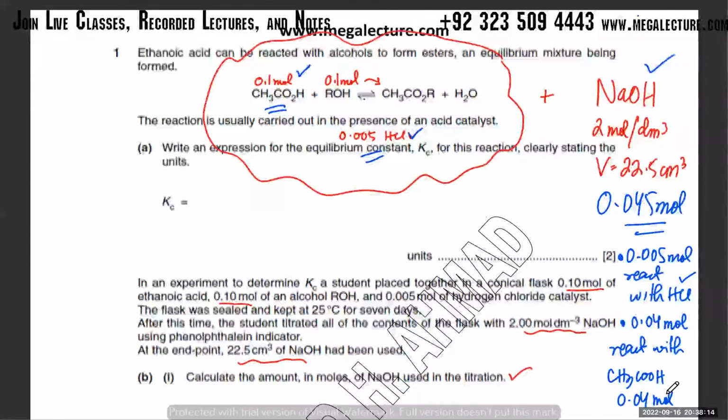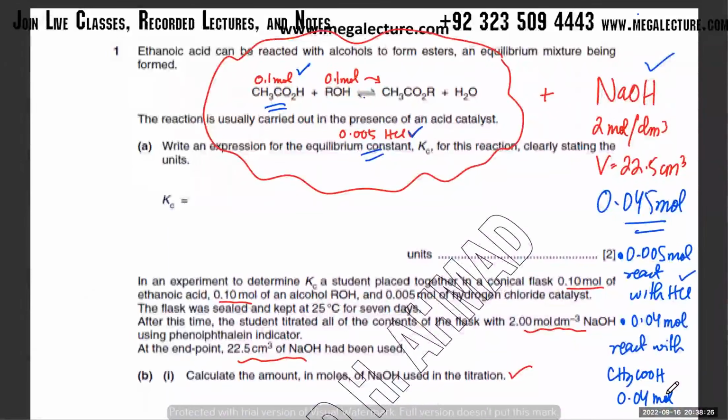जी सर। बाकियों clear है? Yes, sir. Yes. अब्दुल्ला clear है? मोमिन clear है? Yes. अच्छा तो